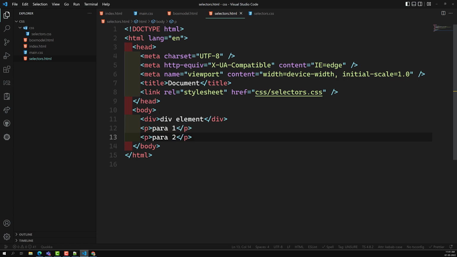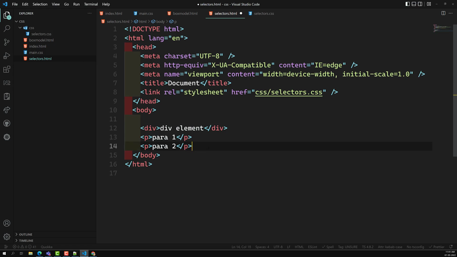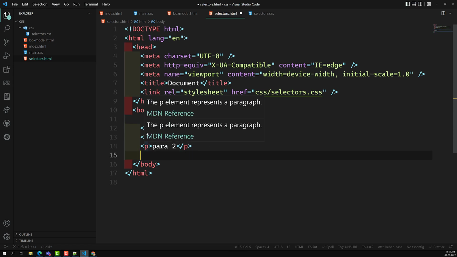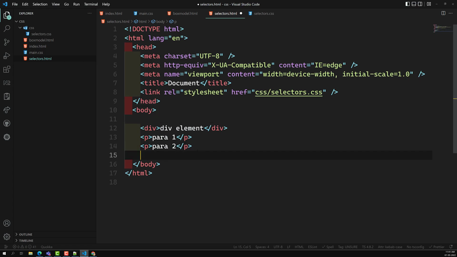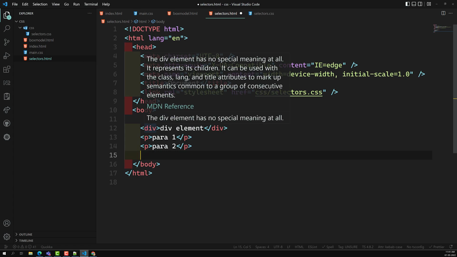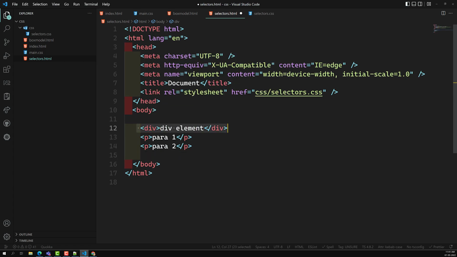So we have here, let's assume, these are not children or parents, these are all adjacent. These are siblings, which are on the same level. So you need to understand the terminologies, sibling and adjacent. Don't interchange those words. Now here, what I want to do is, whatever element we have here, the div element,